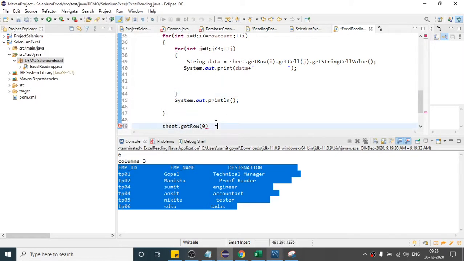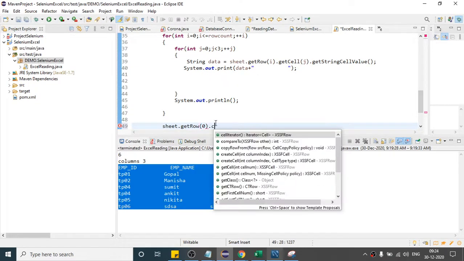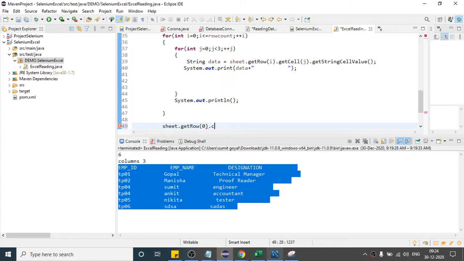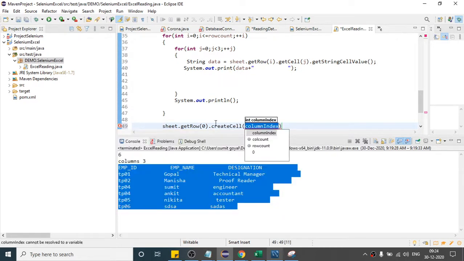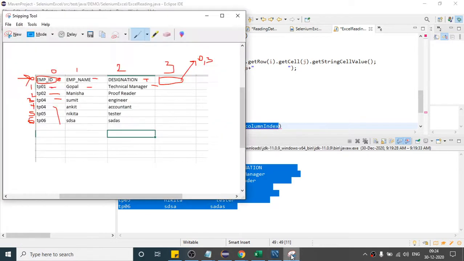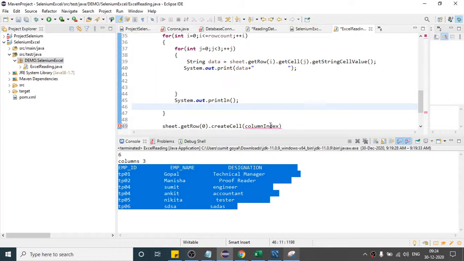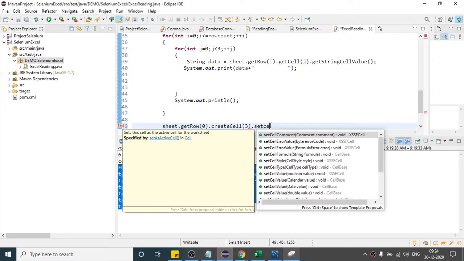Once I get the row, I will say dot create. If you want to write the data, you have to call this method getRow dot createCell. Here you have to provide the column index. If you see, our column index is 3. Here I want to write the data, so I will create the cell. Now once I have created the cell, I will say dot setCellValue.